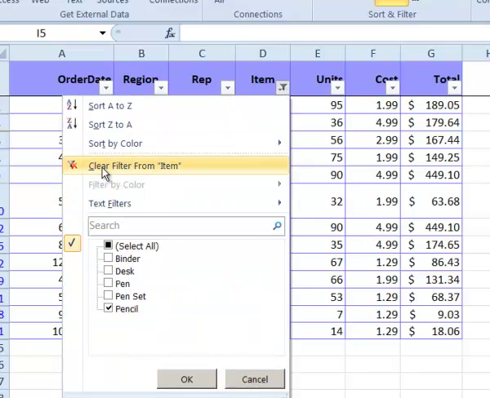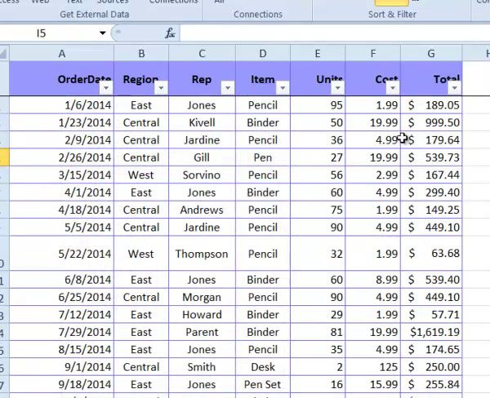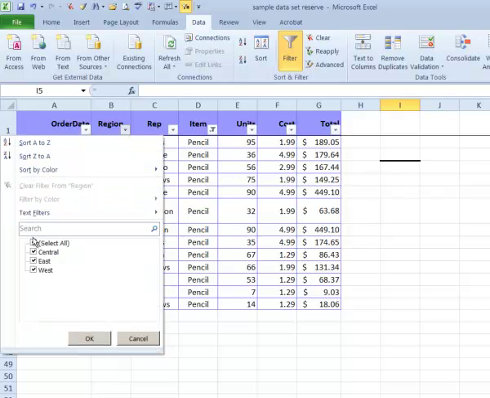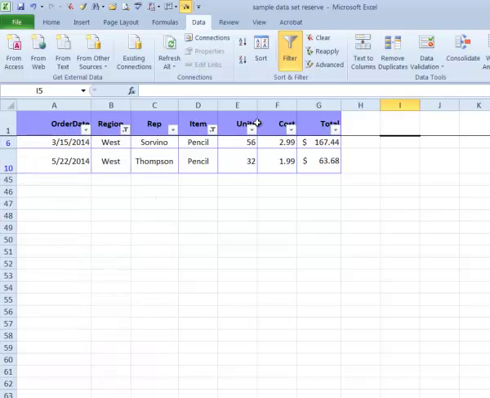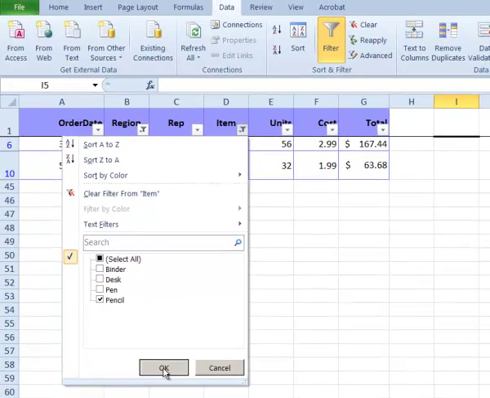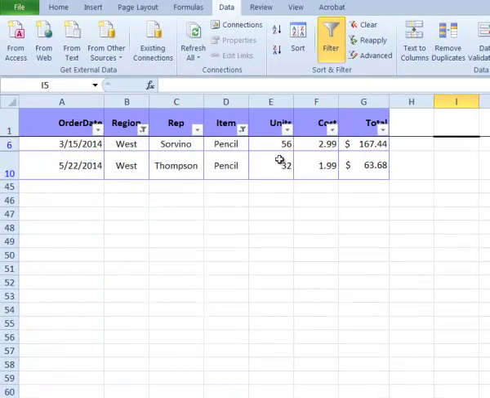Another way would be to clear filter from item. So I can pop down and click on there. The good thing about this filter is that you can also have more than one filter. So I could go back in here and say I want to know how many from just the West sold pencils. So I already had just pencils selected, and then I went to West, and then I can see 2 people sold pencils. If I wanted to do that for the East,